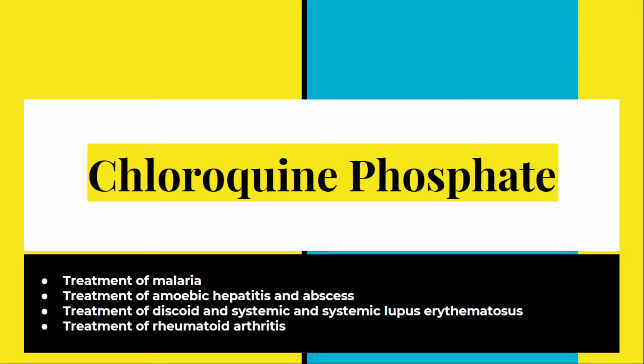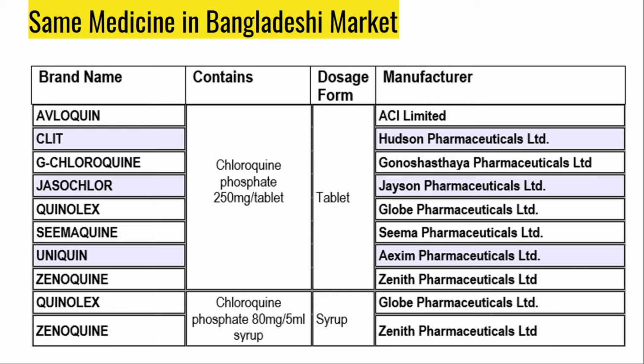Generic name of this medicine is chloroquine phosphate. Lots of Bangladeshi companies are producing this medicine in different trade names. Available medicines are AVLOQUIN Tablet, ACI Ltd; CLIT Tablet, Hudson Pharmaceuticals Ltd;